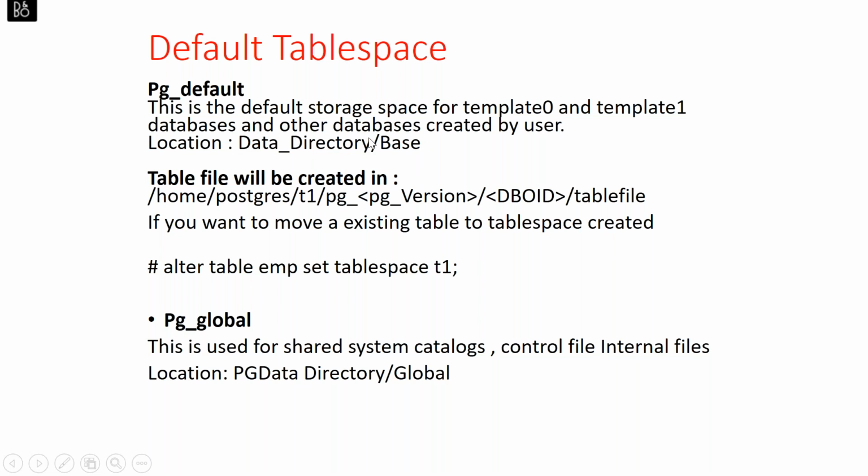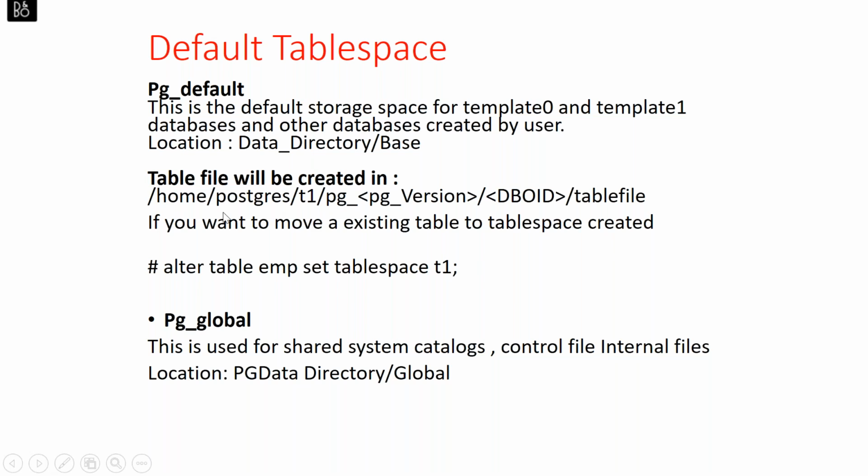Okay, Postgres by default puts its data into the data directory. Within the data directory it creates base, and within base it will create directories named by object IDs for the different databases. This directory name is the object ID of the database, right? What about the PG version? I did not understand. What is that?